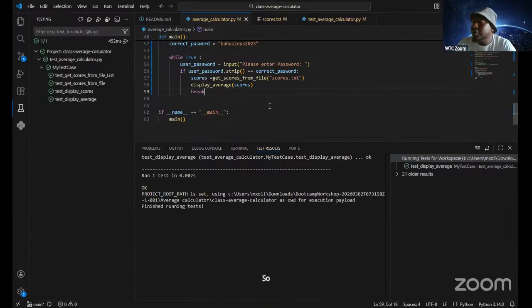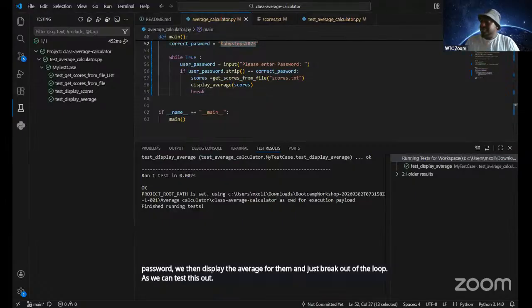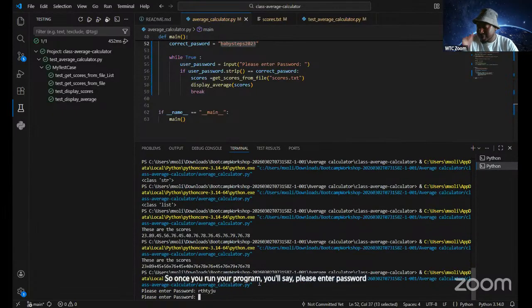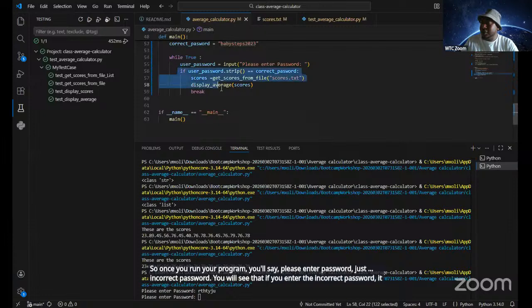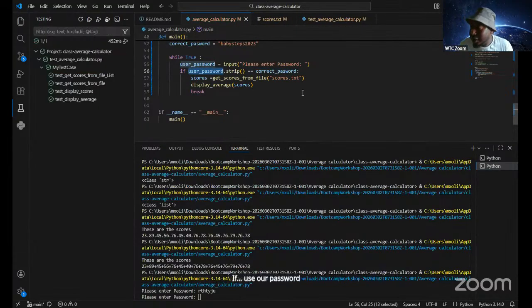So essentially what we're doing here is asking the user to enter the password. If what the user has entered is the correct password, we display the average for them and break out of the loop. We can test this out. Once you run your program, it says, please enter password. Let's enter an incorrect password. You'll see that if you enter the incorrect password, it will not reach this part of the code, because that's where the check is happening, where we say if user password equals the correct password, then do that.